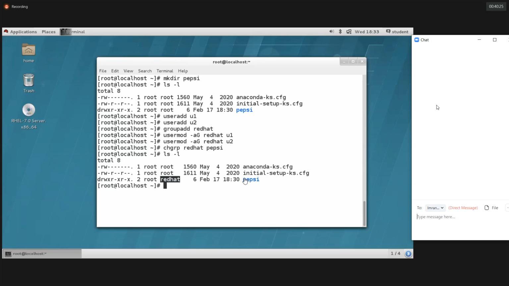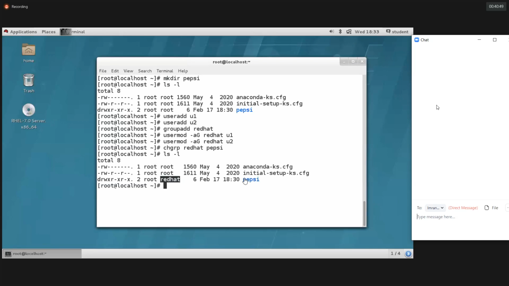It is possible. Yes, guys, U1 and U2 both are redhat group members. So I changed the group ownership of the Pepsi directory, so now U1 and U2 have the permission to create files and directories inside the Pepsi.